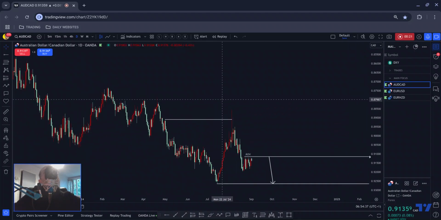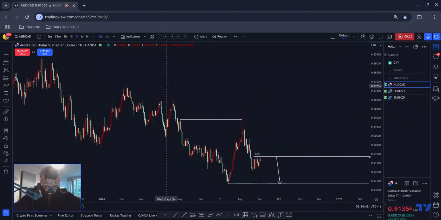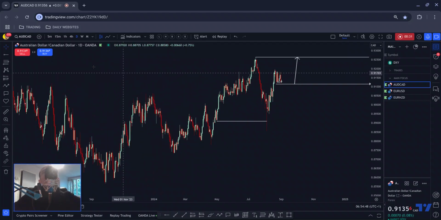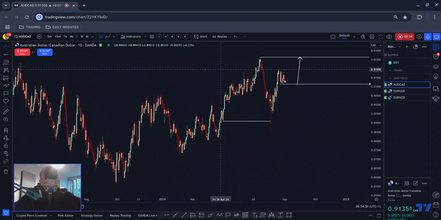So let's break these down because the alerts are starting to go off everywhere, as they often do on a Monday morning. So dollar CAD, let's put the chart the right way up, shall we? There we go. So I'm looking at dollar CAD for the long, not the short, as it may have appeared